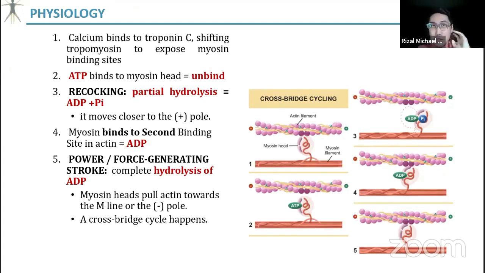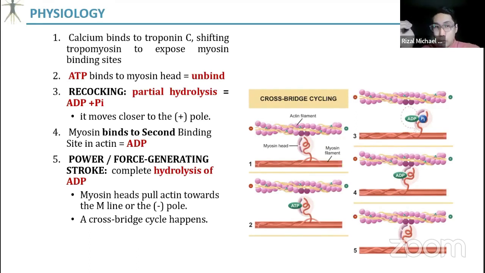So what happens next is a new ATP will bind to the myosin head. This new ATP, itong panibagong ATP na to, siya yung dahilan kung bakit magde-detach ngayon si myosin kay actin. Okay? So itong ATP will undergo partial hydrolysis. So partial lang because you will have ADP plus the inorganic phosphate. Okay? So kapag partial hydrolysis, number 3, that's called your recocking. Kasi 'di ba ito yung myosin mo, magre-recock siya, pupunta siya sa positive side. Okay, from this one, kaya ganun siya. So that's your recocking. And then eventually, your phosphate will be released, leaving na your ADP.